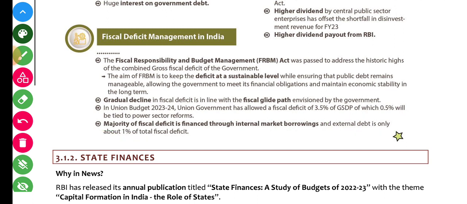So in previous year there are more than 95% in internal debt and more than 4% for external debt. Okay, so you can remember this, that in this present scenario there are more than 99% for internal debt and less than 1% for external debt. So you can remember this. Okay,